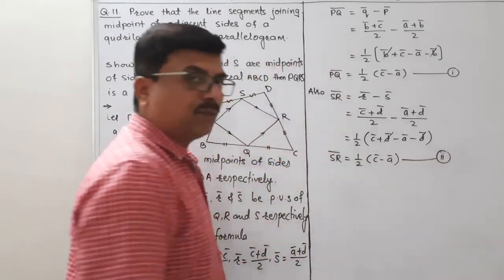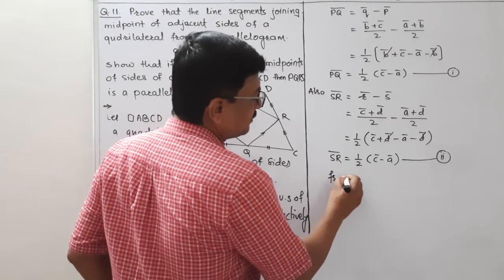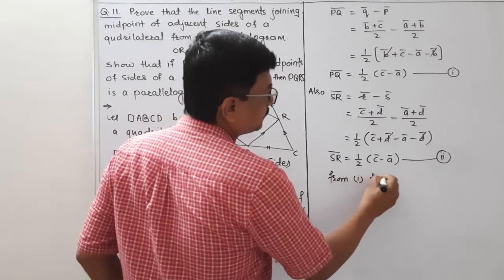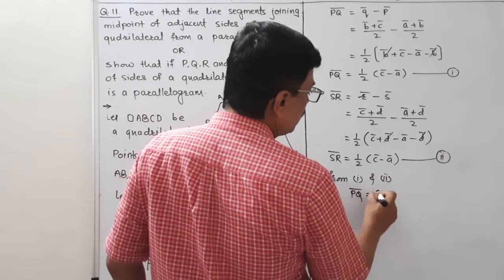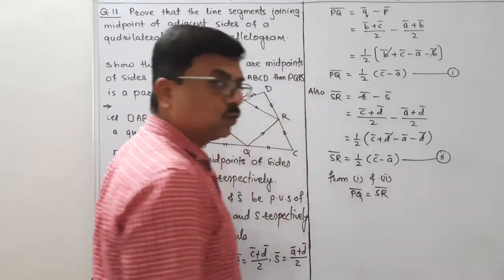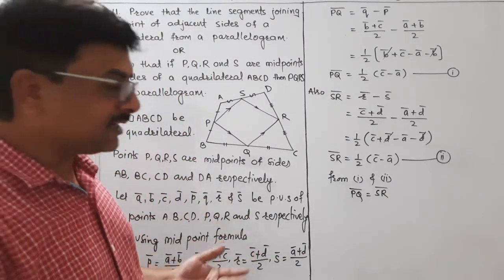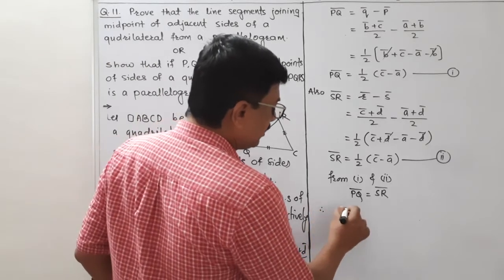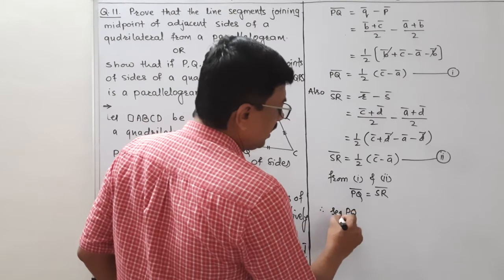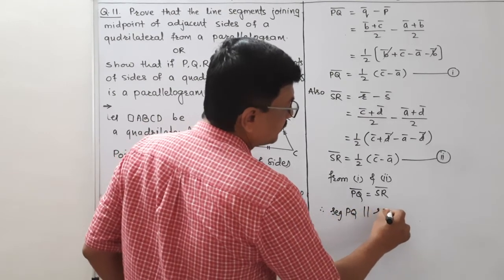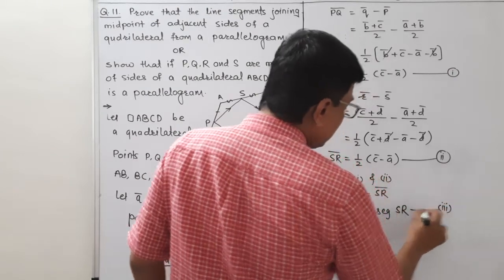Observe both statements, first and second. We can say that from first and second, PQ vector is equal to SR vector. And when two vectors are equal, they are in the same direction and have the same magnitude. Therefore, we can say that segment PQ is parallel to segment SR. Call it as third. Similarly, we can prove